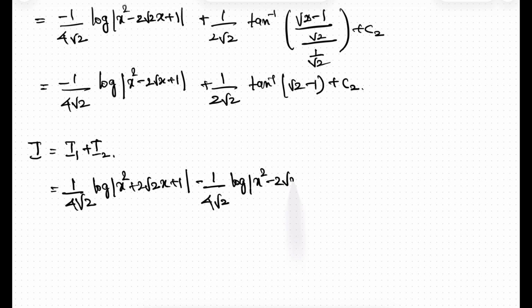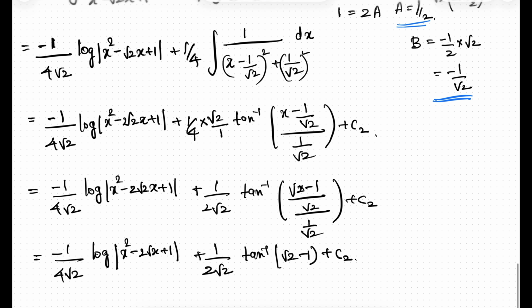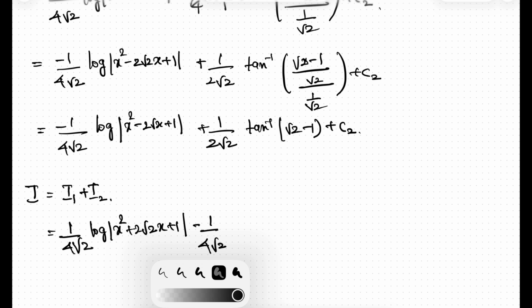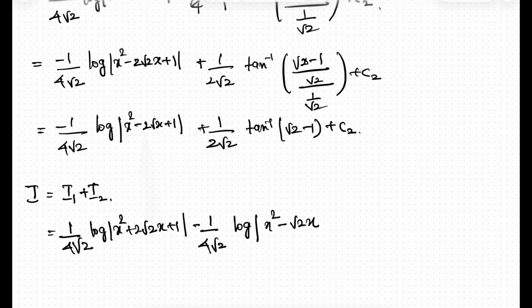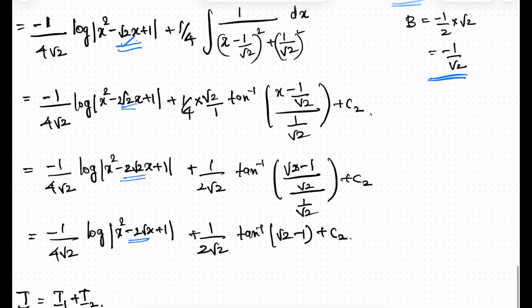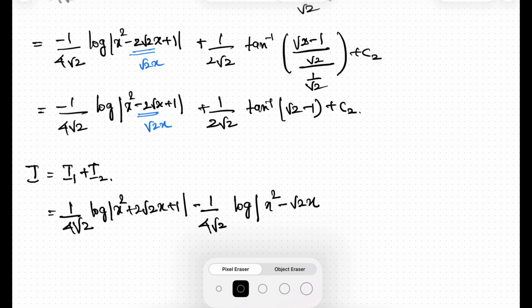root 2x. Okay, it is root 2x, log of x square minus root 2x. I must have wrongly mentioned 2 root 2x; this is your correct form. Alright. So here you will be having root 2x, root 2x, root 2x, and so you will be having x square minus root 2x plus 1